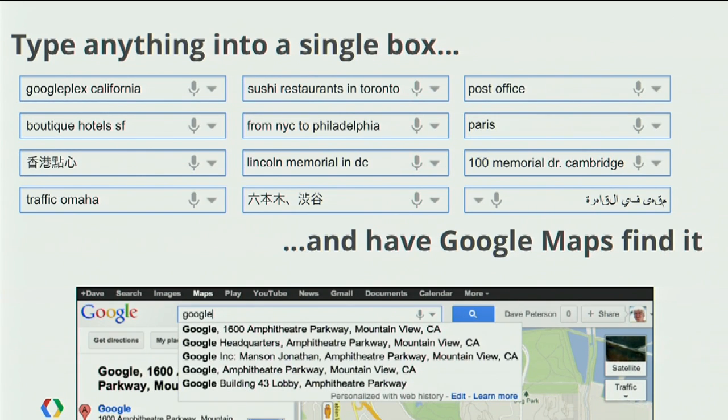We have to deal with different languages, right to left, left to right, Arabic, Chinese, Japanese, all very difficult. We have to deal with partial addresses, city name, street name, without a state or anything else. We can guess based on proximity. Searching for categories, searching for specific navigation businesses, finding those. Also being able to turn on and off traffic and doing driving directions, all from the single box. The ability to take the user's action and, in as many cases as possible, get it right the first time